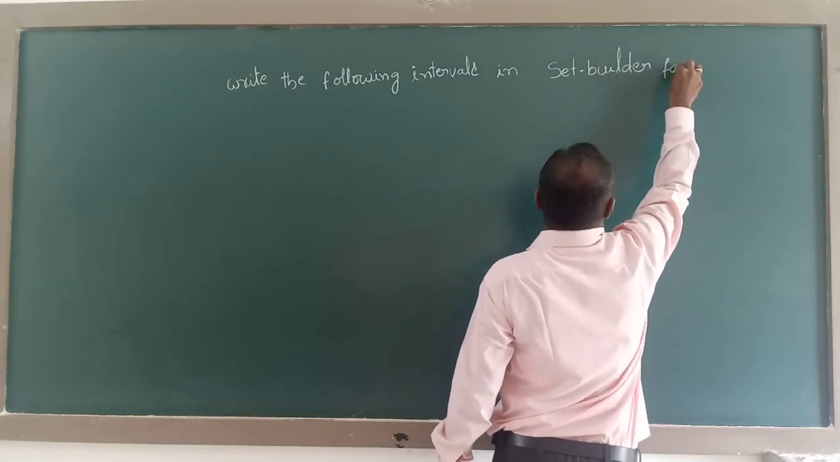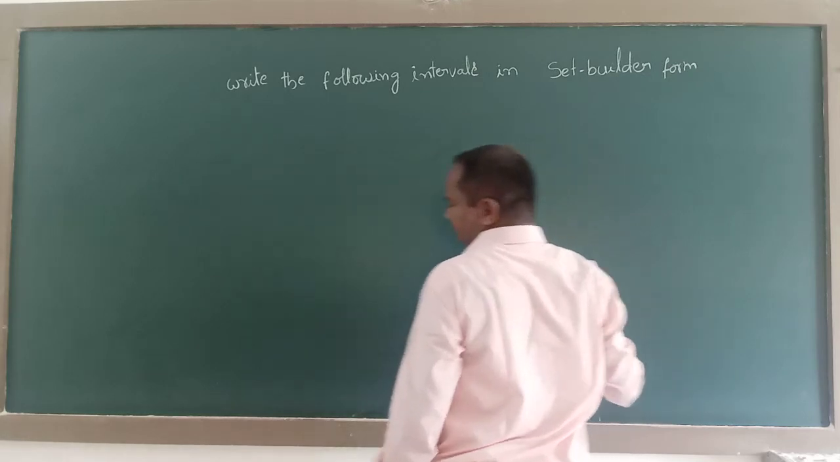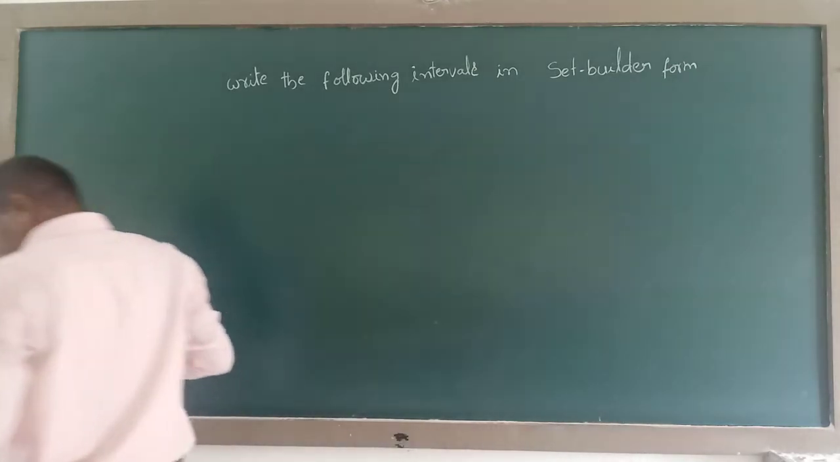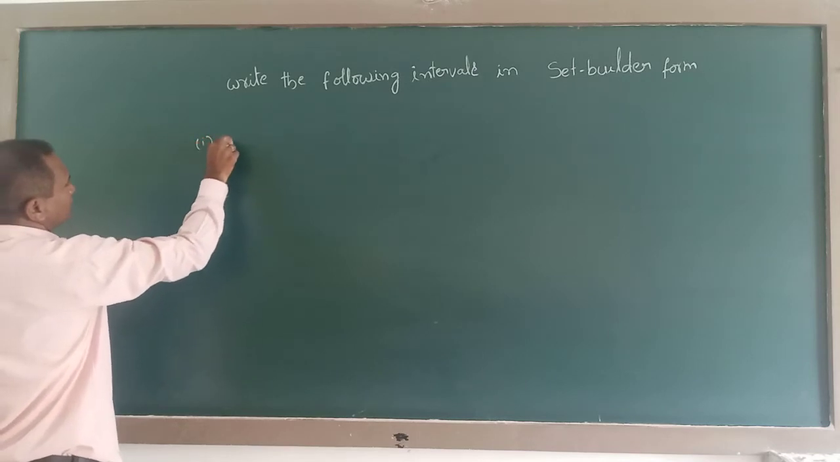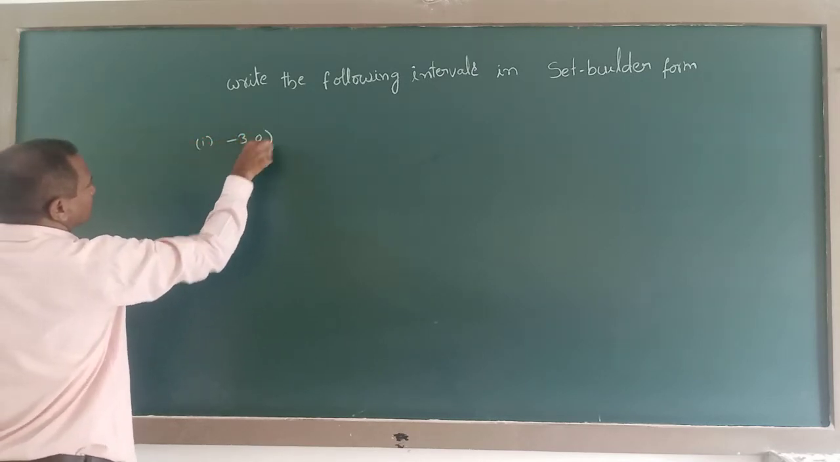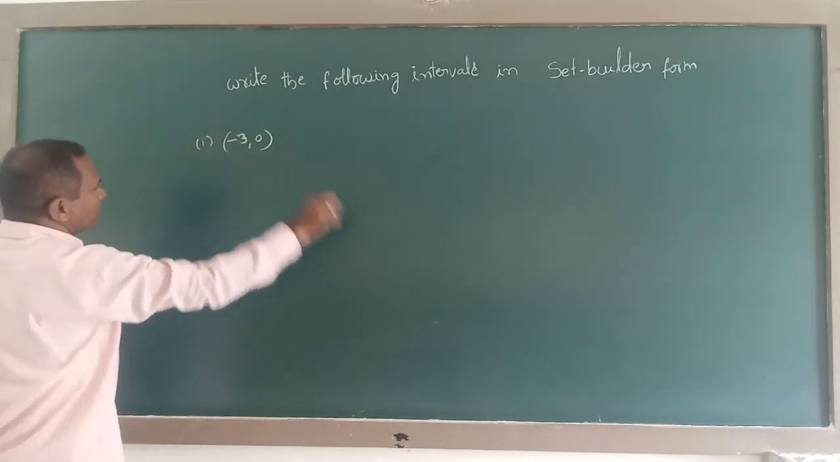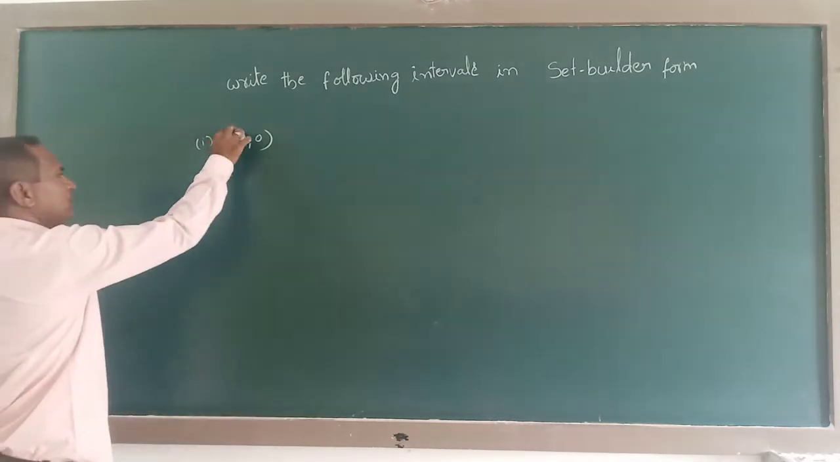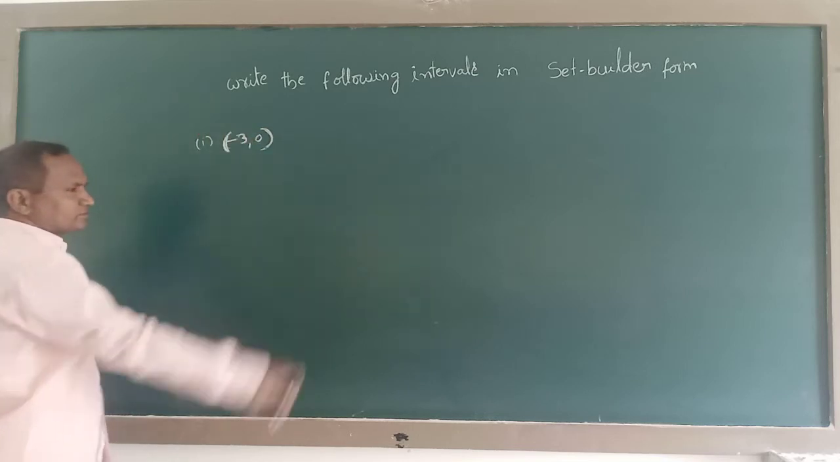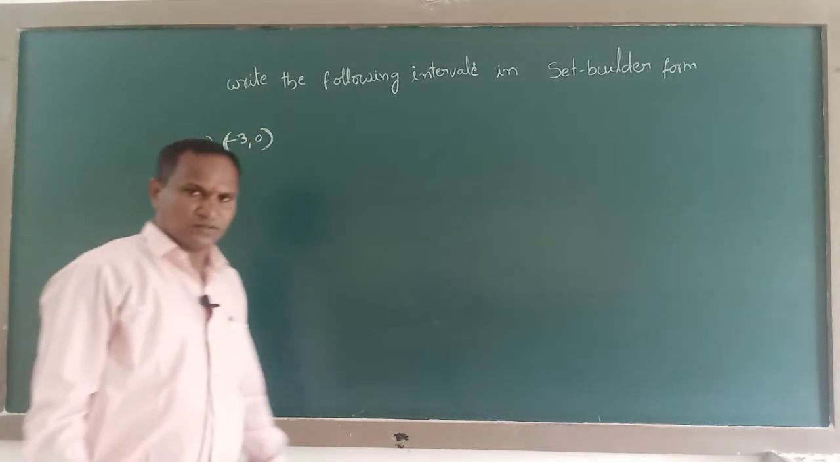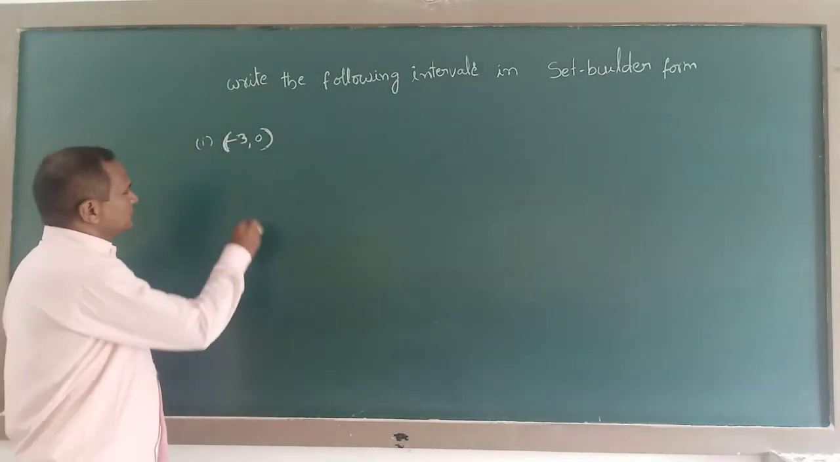Set builder form. First question is (-3, 0). How can you write (-3, 0)? It is an open interval, with curved shape brackets on both sides. They did not give a closed interval here. The answer for this question is